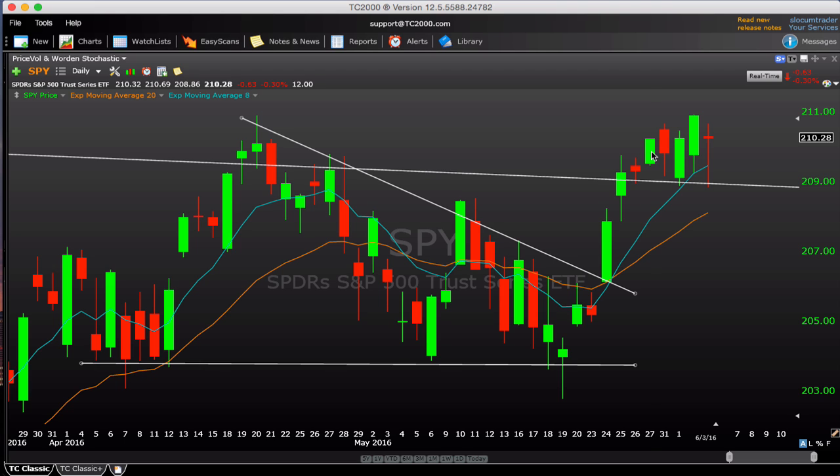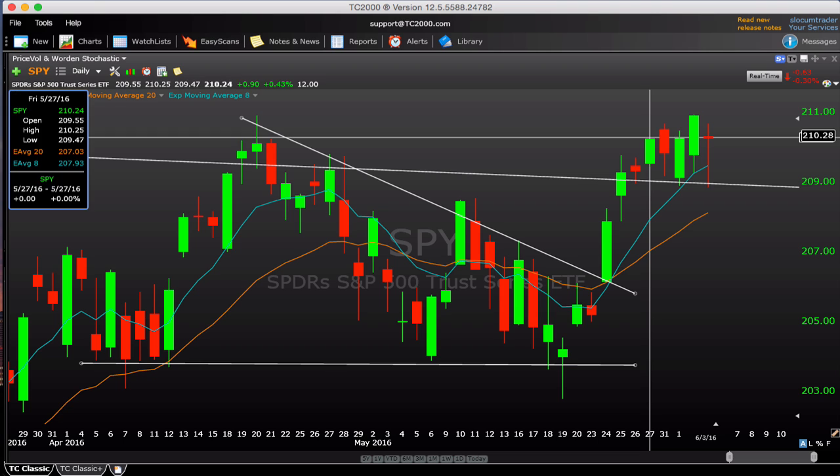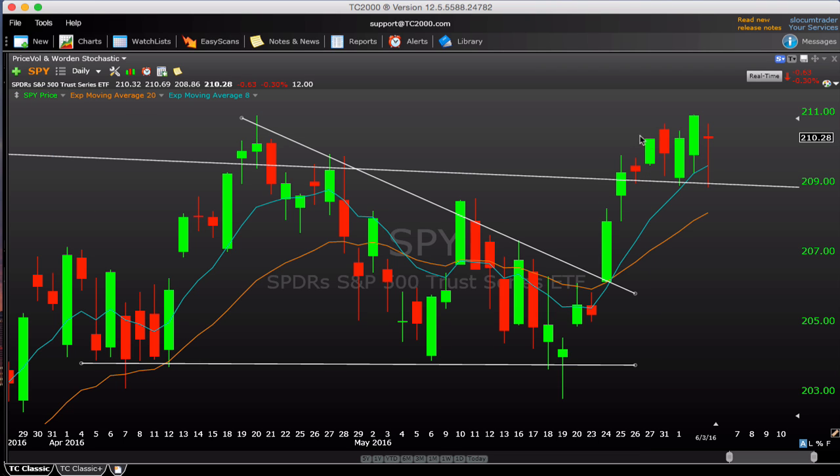Remember, we came into this week off of this close on last Friday. That was very constructive. Look at this nice pent-up kind of move higher. If the squeeze wanted to happen, it would have been perfect to just see us keep running as we came into this week, but instead we spent the entire week just in this tight range here. So all of that nice excitement momentum has kind of dissipated, and now we're more in a very range bound, clear resistance at 210.50, support at 209, wait and see type of market.